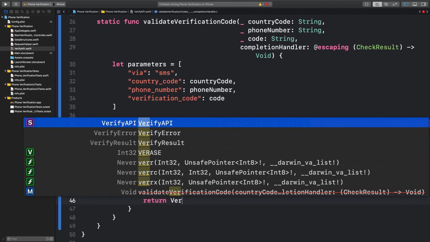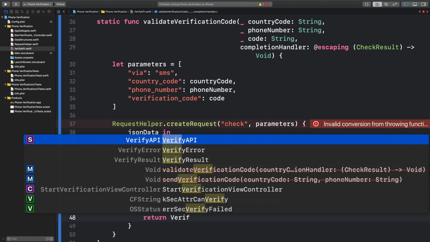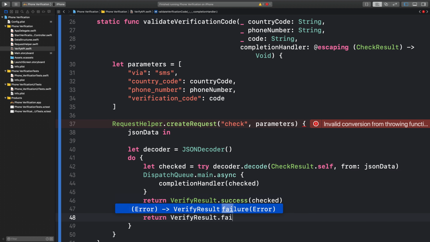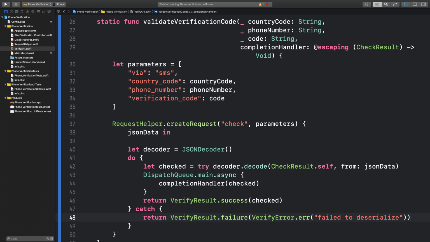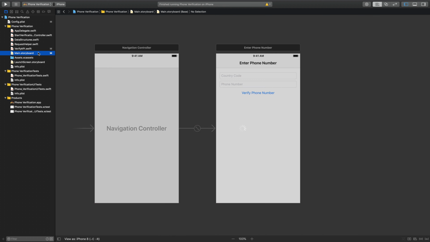And then we'll return a verify result indicating that the check was successful, passing in the checked message. Just in case the JSON was not possible to decode, we'll return a verify error indicating that the JSON could not be deserialized. Now that we have our verify API helper updated, we need some UI to call it from,